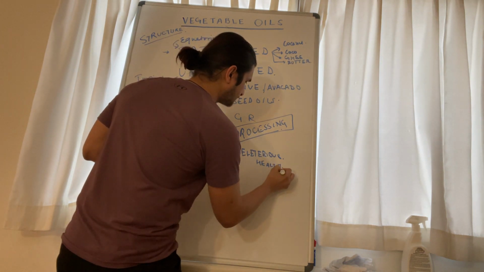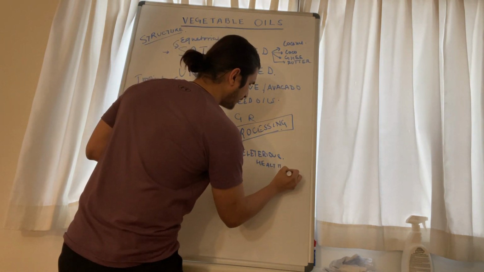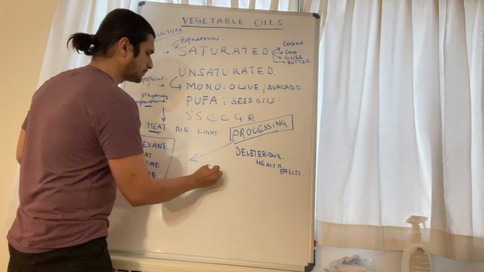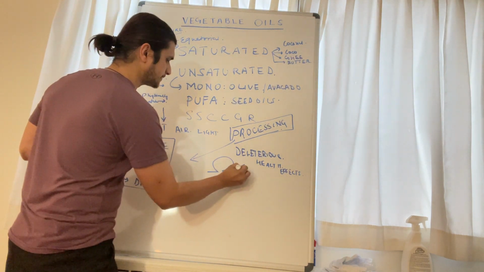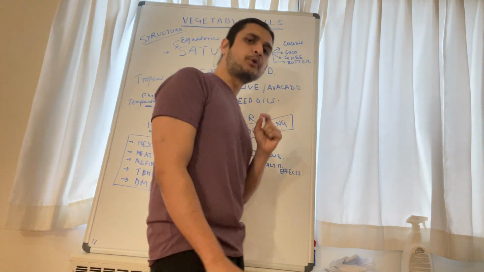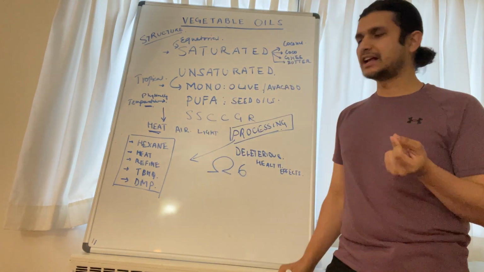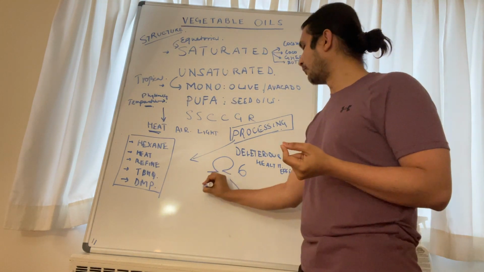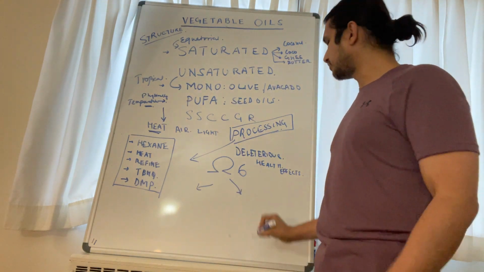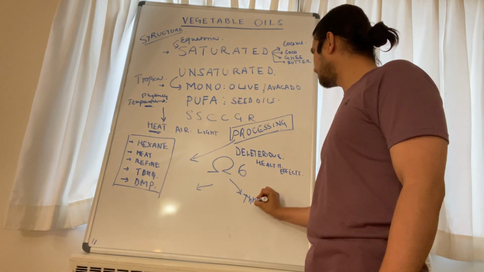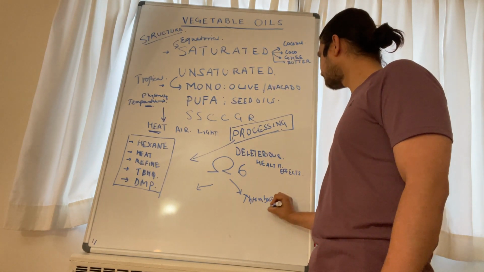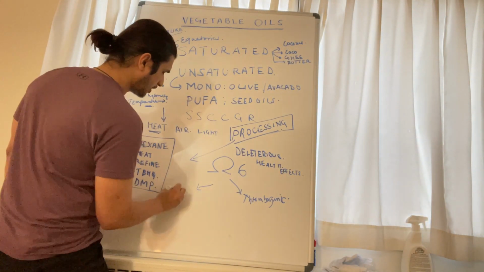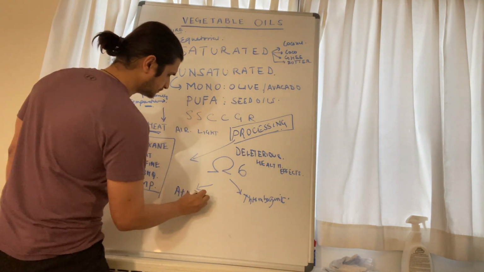Let's talk about it. The deleterious health effects in any vegetable oil are because of this molecule called omega-6. Omega-6 is a pro-inflammatory molecule, which means it increases inflammation in the body. And the inflammation in the body is twofold. The inflammation can be thrombogenic, which is the formation of blood clots, and it can be atherogenic, which is the formation of cholesterol plaques.